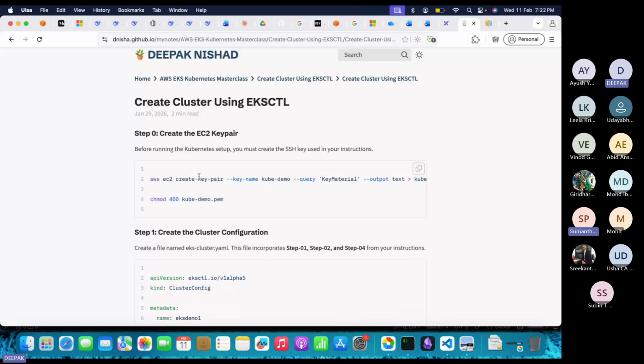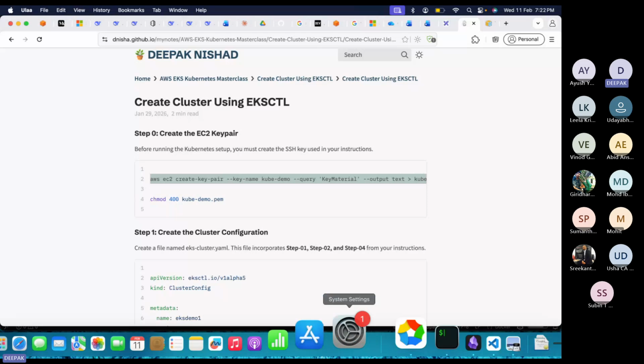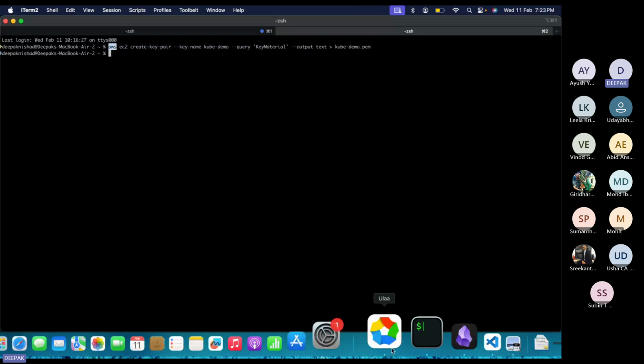So here you can see I have navigated a lot of panels. So one way is that you go to the console and create. Another way is that you just copy this command, and then you open your terminal and you just run this command. But before that you have to set up a few things on your laptop. The first thing is this AWS CLI. This AWS CLI you have to install in your machine,